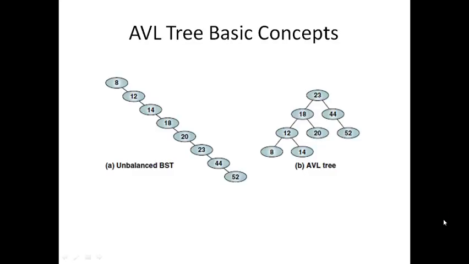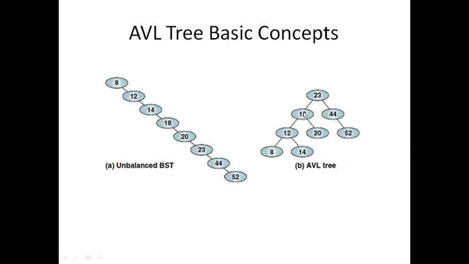So you can see the difference between the two trees here. Both the trees are having the same set of values and both are BSTs. But the one on the left is not balanced. We call a tree a balanced tree when its balance factor is in the range of 0, 1 or -1. In the given example, the first tree is not balanced, whereas the second example given on the same page is actually balanced because its balance factor is plus 1.